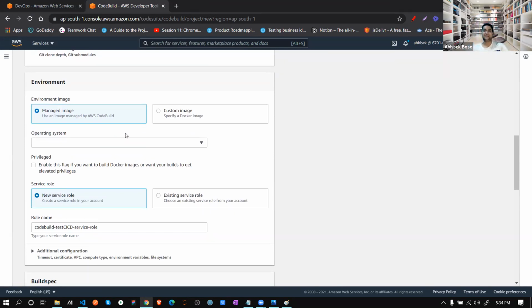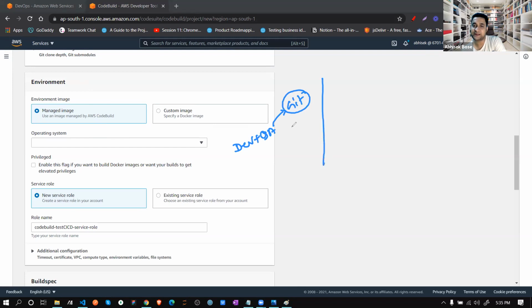Now just think about what is happening. This is very vital for this environment. This section is basically what we are discussing: code build. Code build means your developer and QA have already pushed that code to Git.